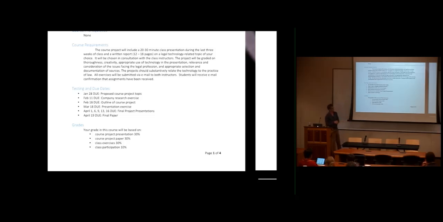It was interesting to see how students interpreted that and how they actually wrote it. Some of them were very informal. Some of them wrote it as an internal memo to their imaginary associates at the law firm. But in any case, that was one of the graded assignments.